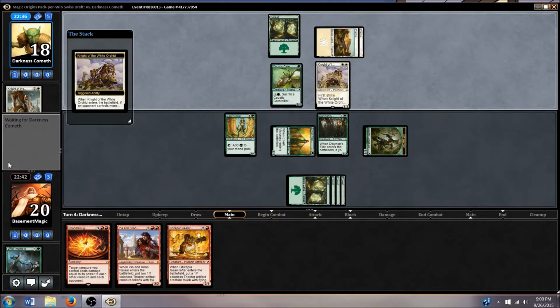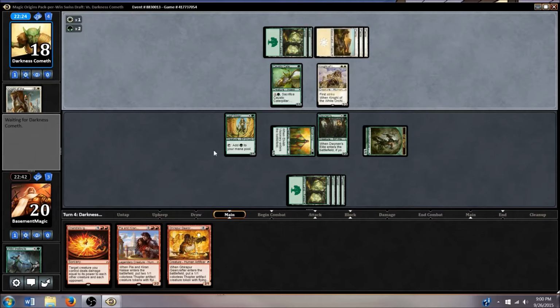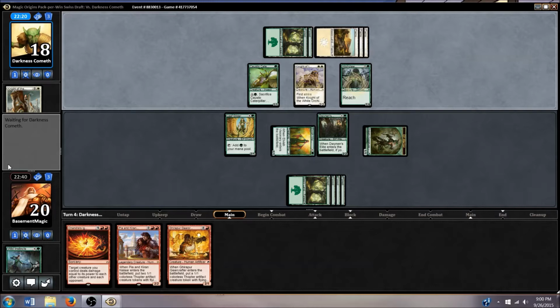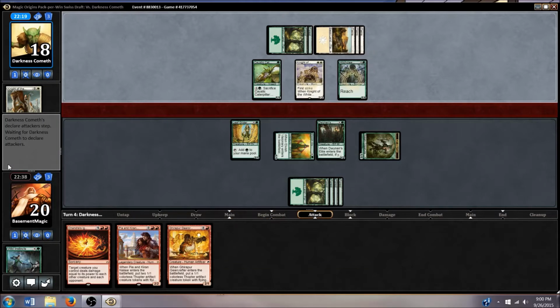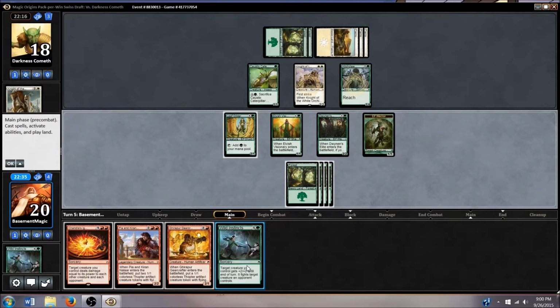The Knight of the White Archer definitely looks good against our board right now, because we have no creatures bigger than a 2/2. But if we can just get some lands here, I think we'll be okay. Even another Wild Instincts would actually be really good. There's a Wild Instincts for us. So we could go ahead and...